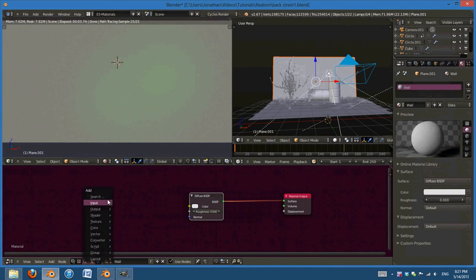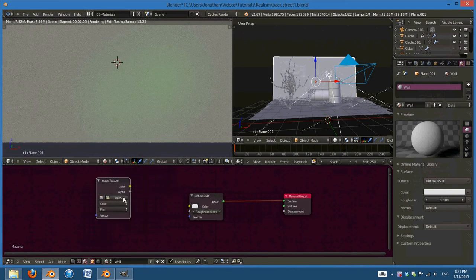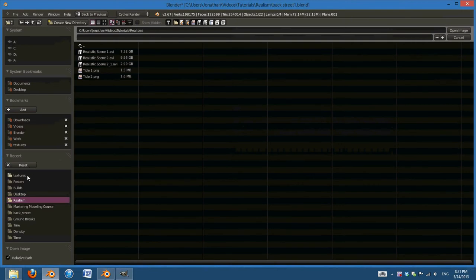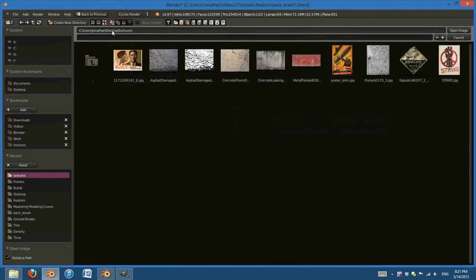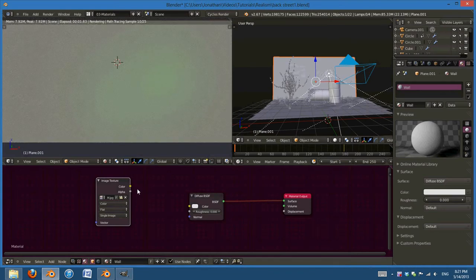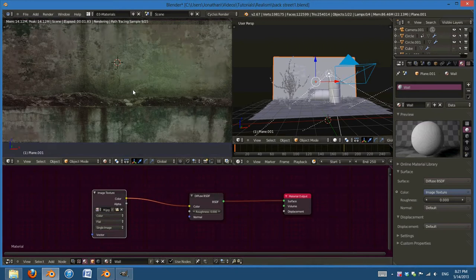So I'm going to press Shift A and add a texture, an image texture. And then I will just go ahead and open my texture that I have for the wall. Now, it's really difficult to choose which texture out of this kind of list. You can't really see what's what, but if you check this arrow, especially if they're badly named like these, if you hit that icon there, you can immediately pick out which one you want and open it up. So now I can select the color socket and put it in there,